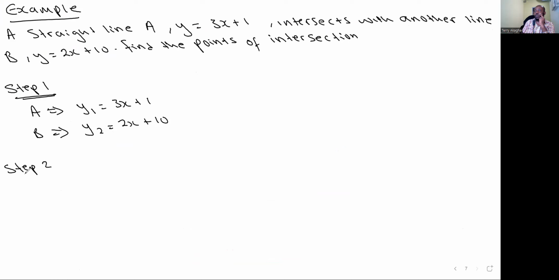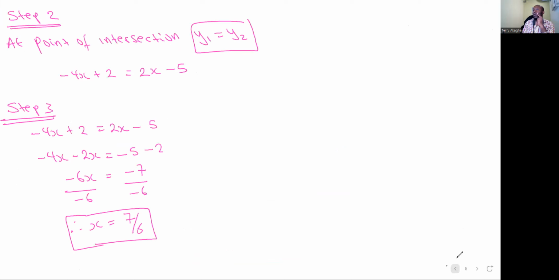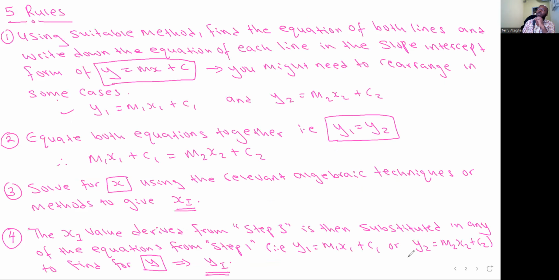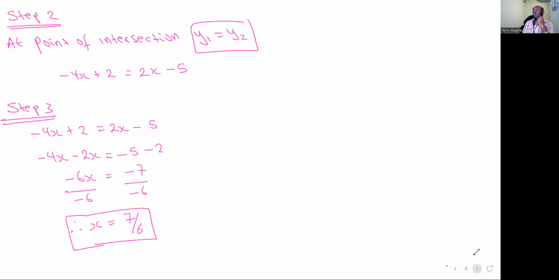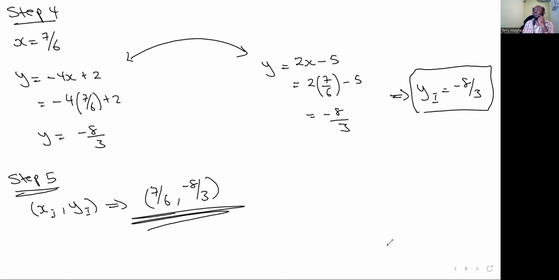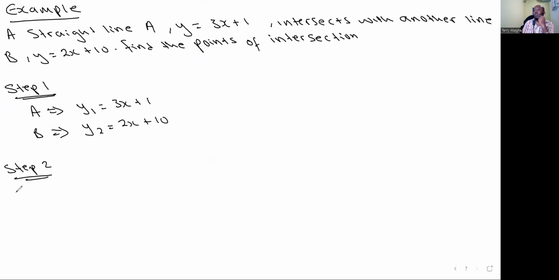So step 2, we're now told in step 2 that we have to equate both equations together so that this y1 is equal to y2. So that means the equation of y1 is equal to the equation of y2. So you do the same thing. So we know at point of intersection,